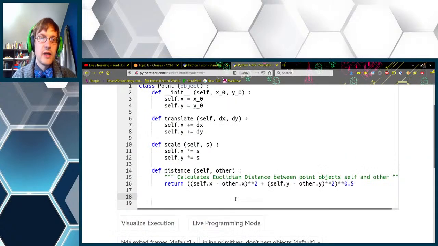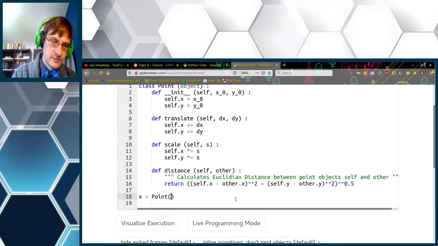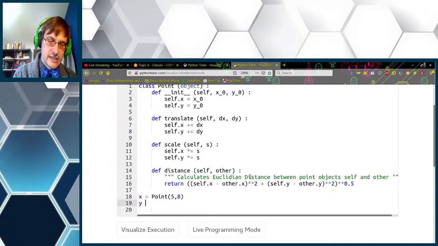Okay, cool. All right. So in order to use this point class that we have defined, you invoke point to initialize it. We are taking two arguments here, the x and y coordinate, so let's just make it 5 and 8. And let's define a second point.